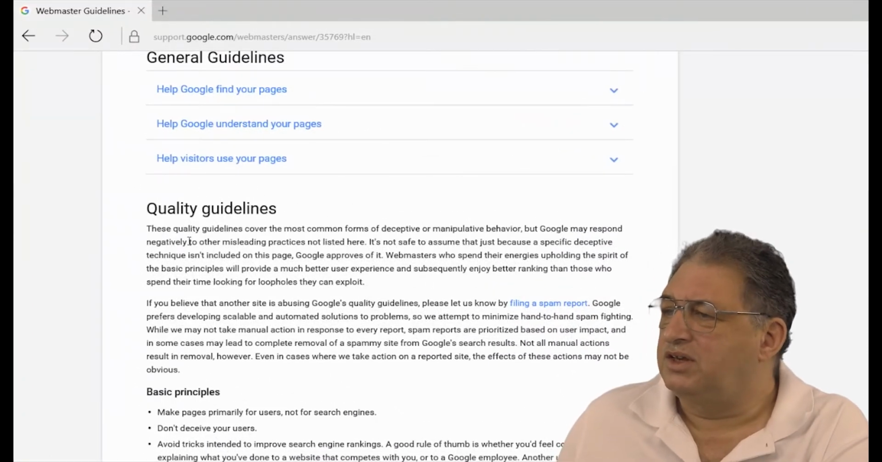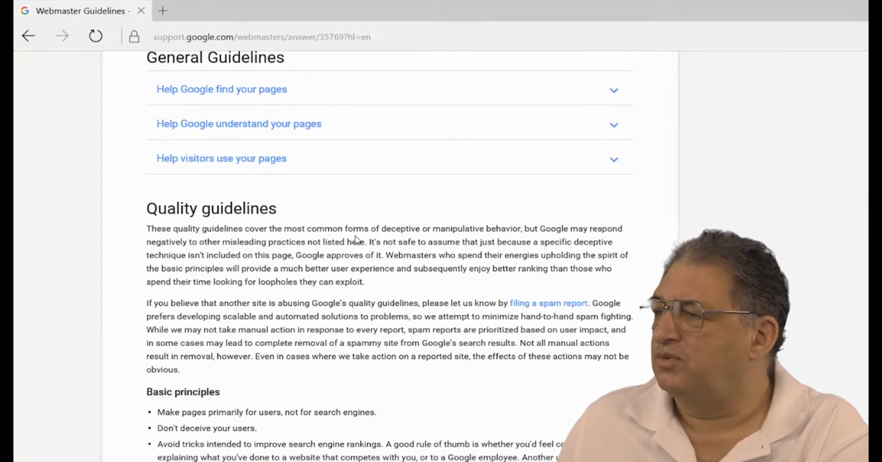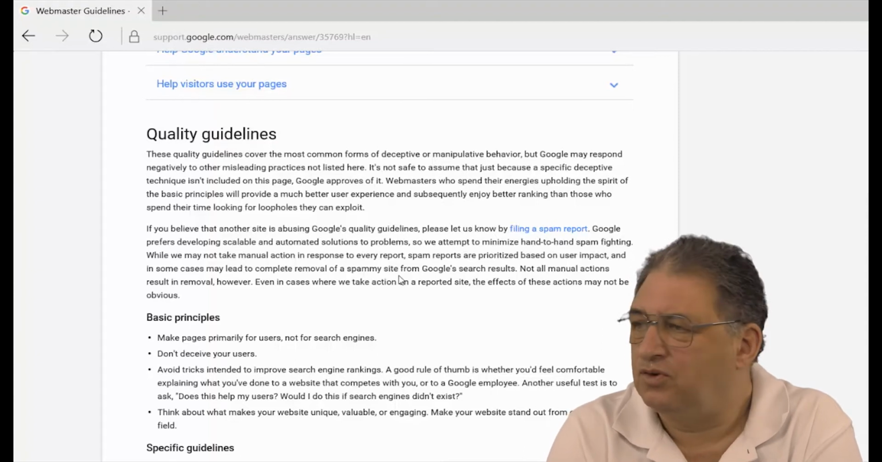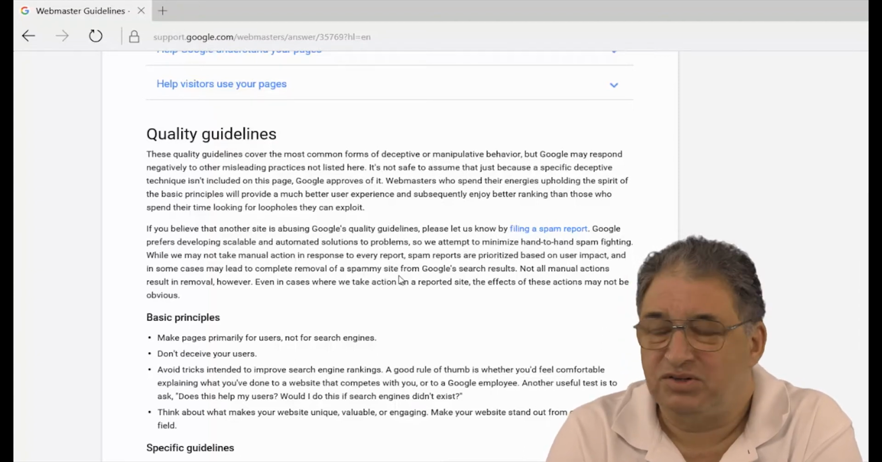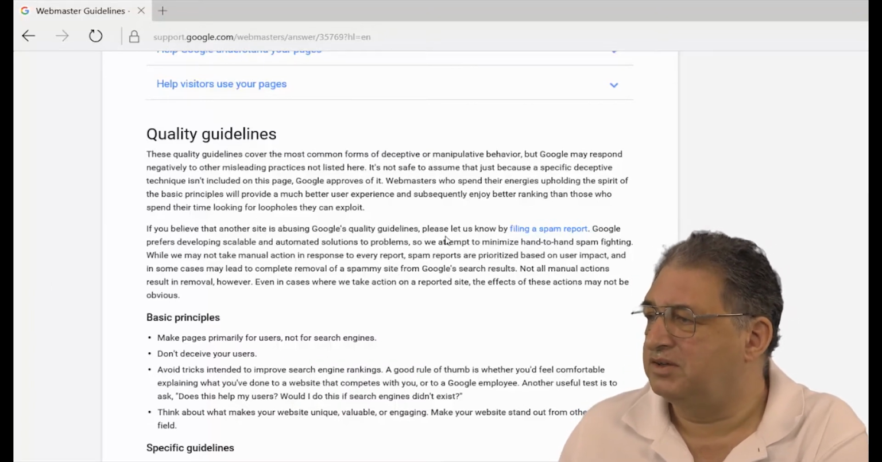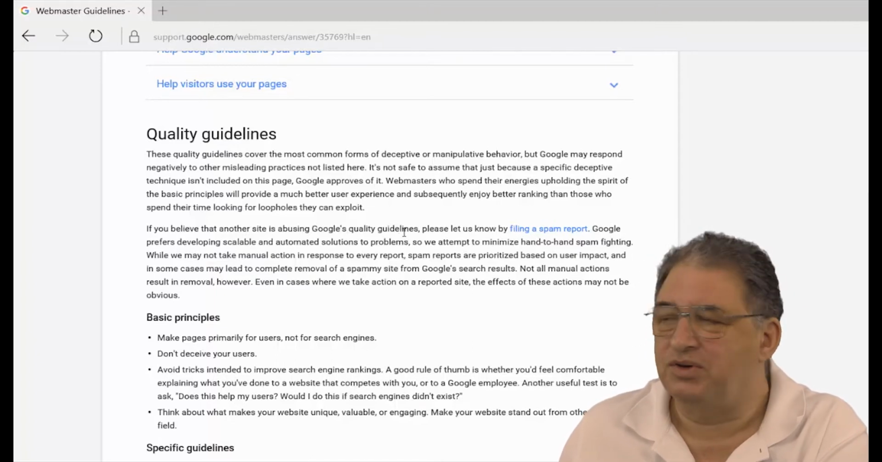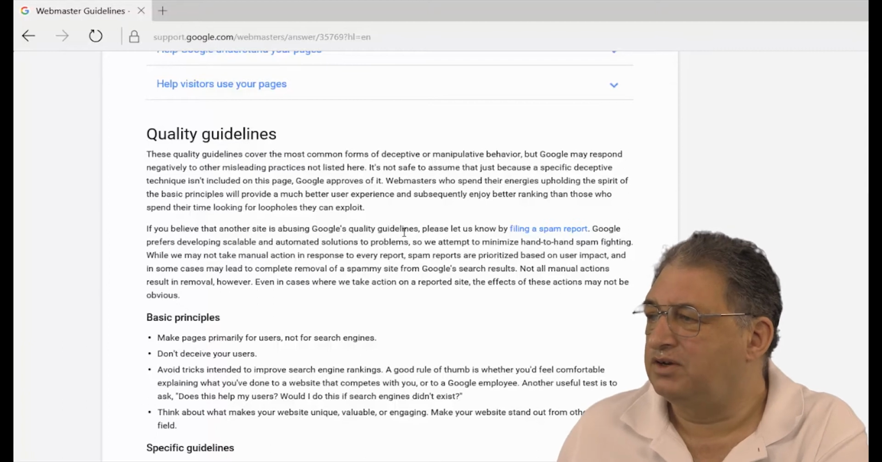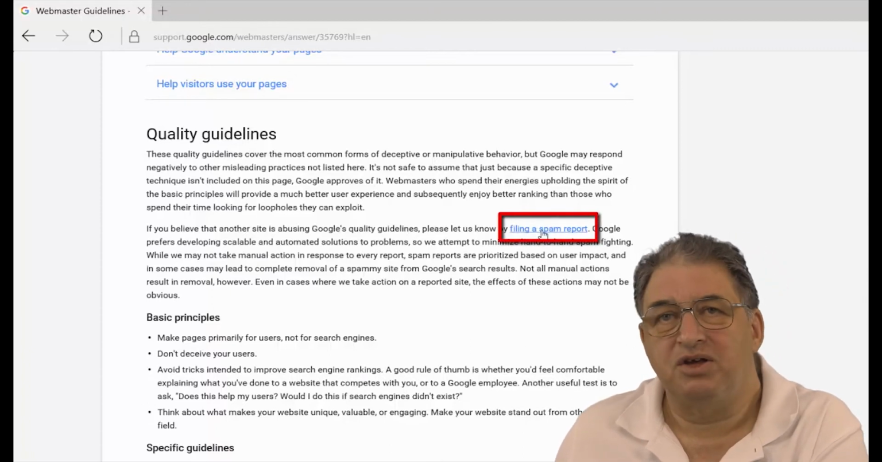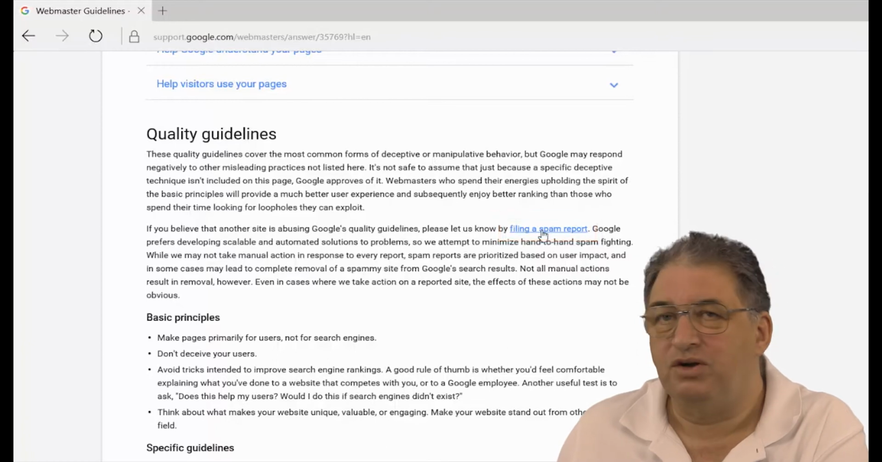So as it says, these quality guidelines cover the most common forms of deceptive or manipulative behavior. Now, Google has automated processes to look for websites that basically abuse the system. And if you look here, you can also report spammy websites. So the good news is, if you're trying to get to that cherished #1 spot in Google, and there's a website in front of you and you believe they've been using spammy techniques, what you can do is click here to fill in a spam report, and Google don't guarantee they'll take action, but quite often they will, especially if